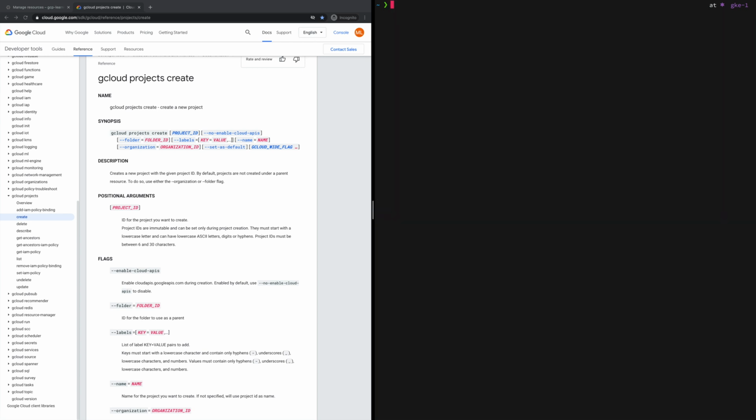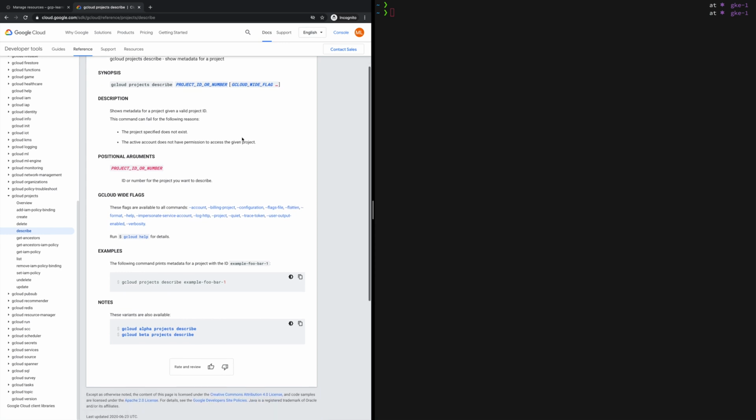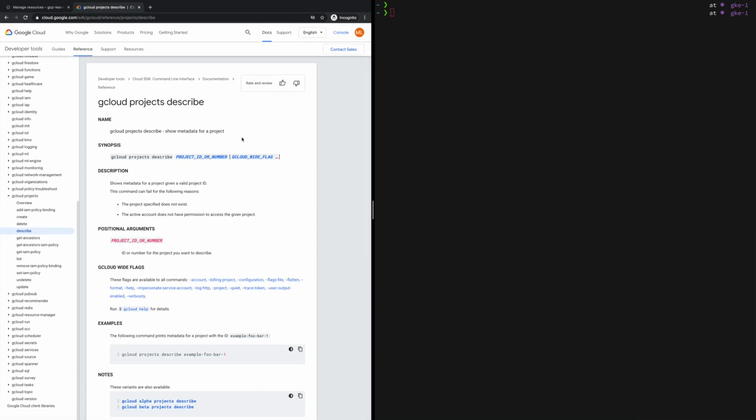Alright, let me just clear the screen. Okay, so we have seen this create option. Now let's see how we can describe a project, right? So suppose if you need to get more information about the project, you can use gcloud projects describe command.